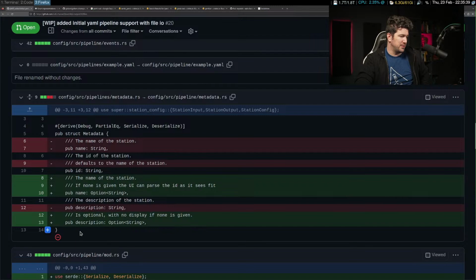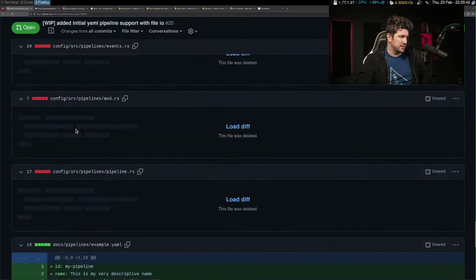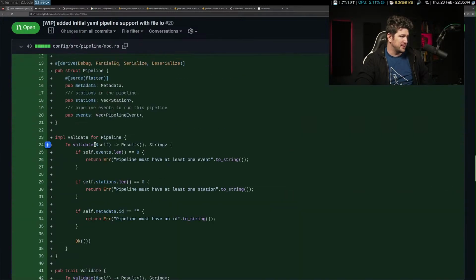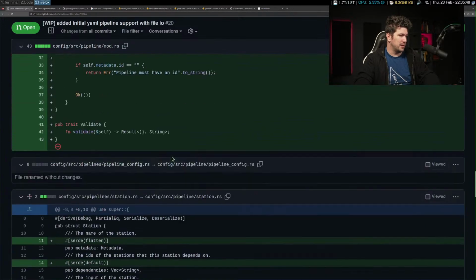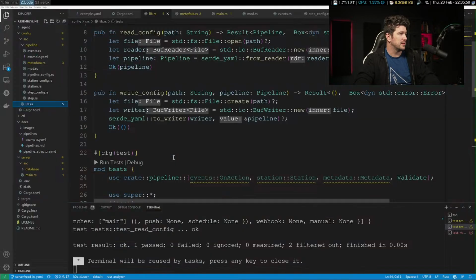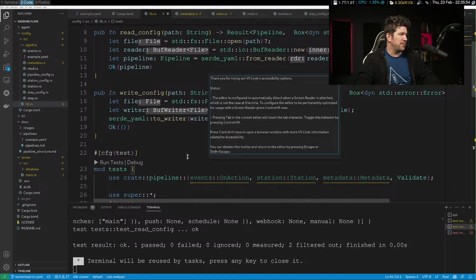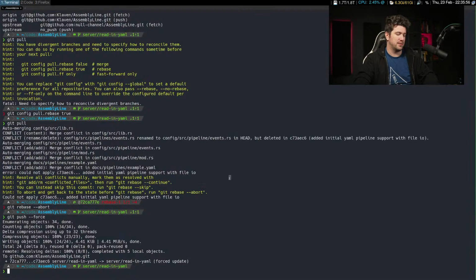I probably should put a new line here. Gross, gross, gross. Let me add new lines to those. Metadata and mod are the two. Did I not run format?